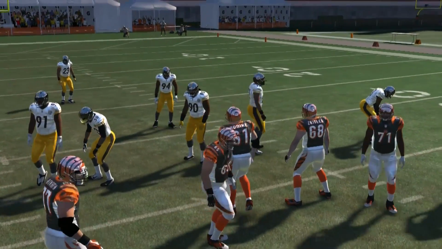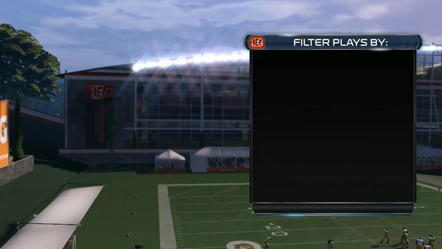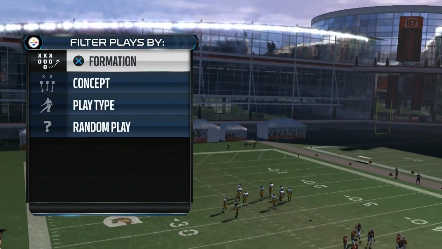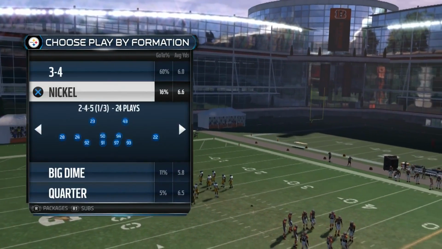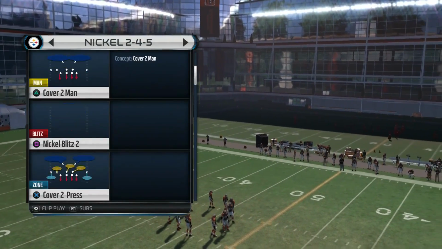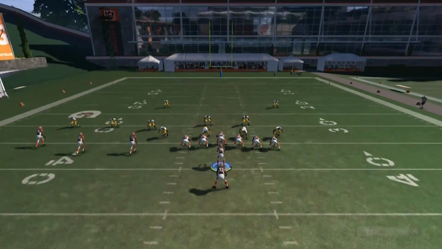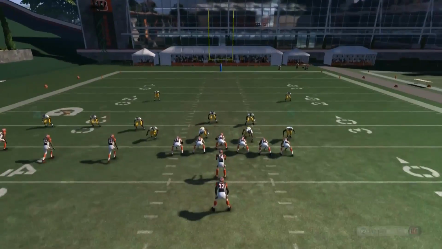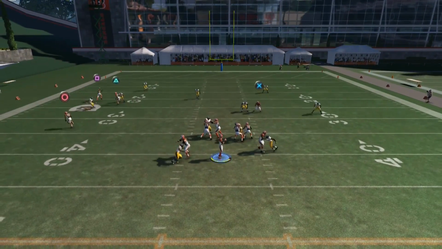However, it can work against other defenses as well, as we will try and run it against a cover 2 here. And the reason I didn't include this last time is because I forgot about the smart routing of that route there. That corner route, I forgot to smart route it, and so it's not as effective as if you don't do that. But if you do smart route that right there,